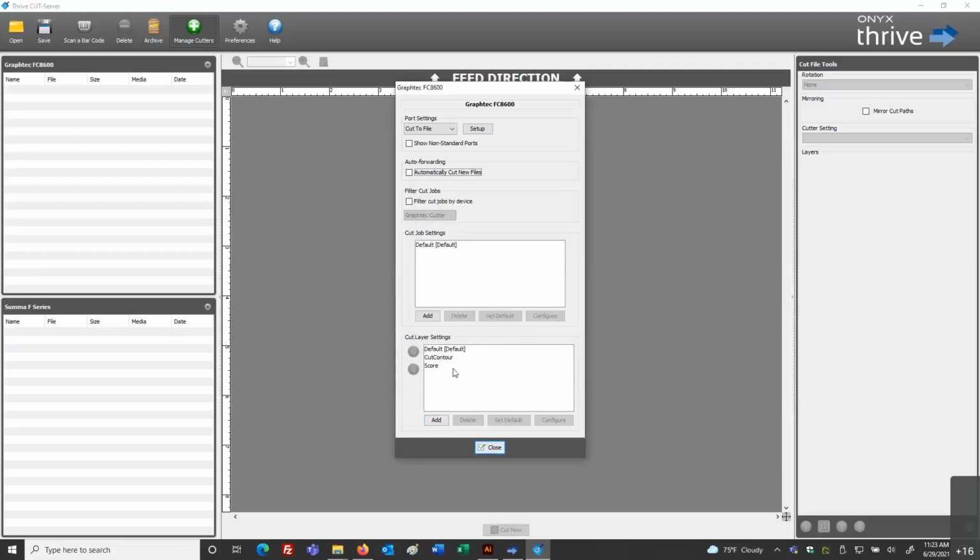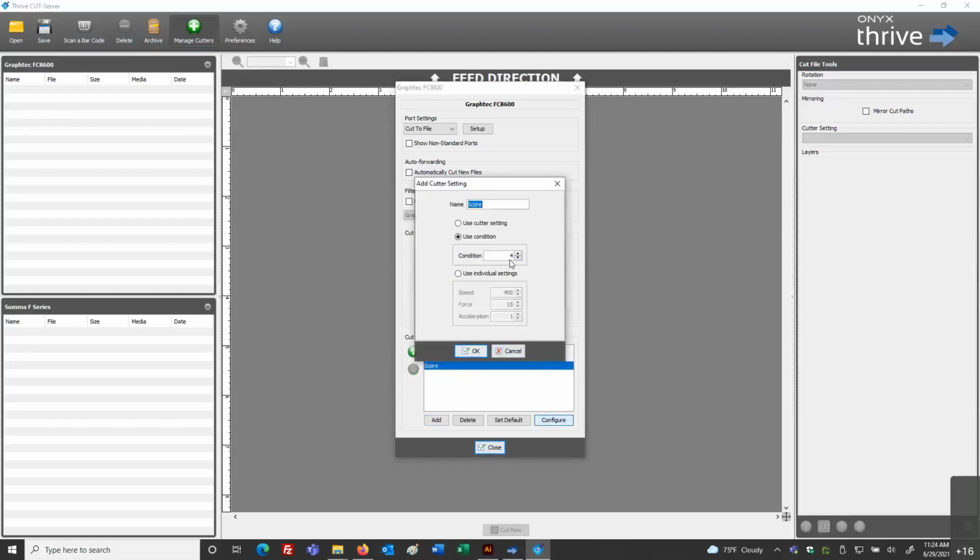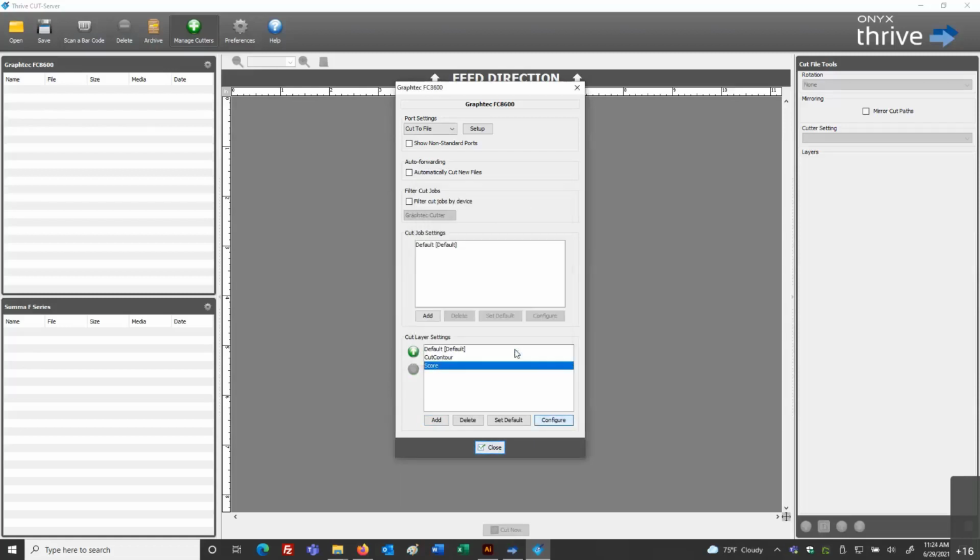Now, what happens is when the file has the cut data associated with a spot color called cut contour or a spot color called score, these conditions are going to be associated. It's going to use that condition 4 or condition 2 or whatever we had set there. Okay. Furthermore, there is a specific hierarchy.